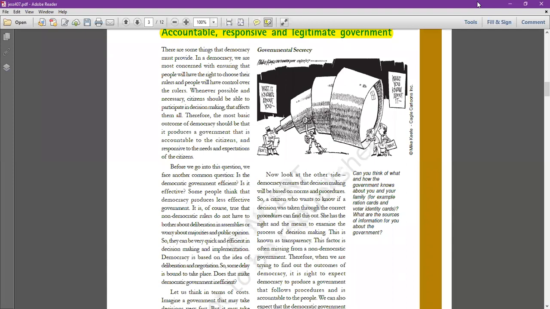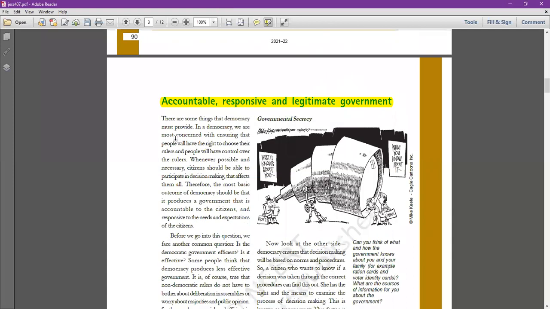So even the government knows that if we will do something wrong, we will not have the majority in the next election. So therefore, the government is accountable. Accountable towards whom? Accountable towards the people. So the government will do things in a better manner. Government will not do something that is against the will of the people, against the interest of the people, because government knows if we will do something wrong, then the people can change even us. So that is accountable form of government.